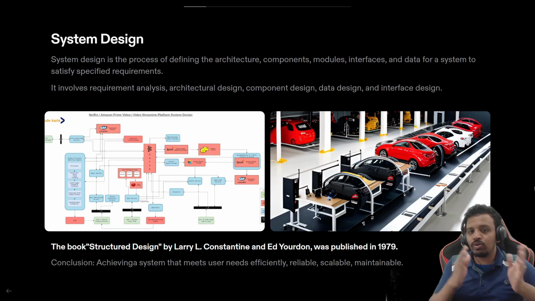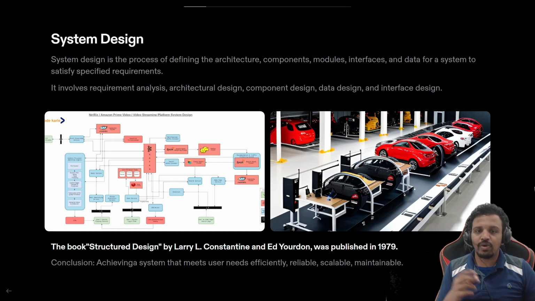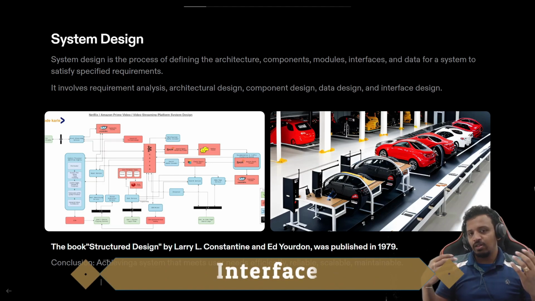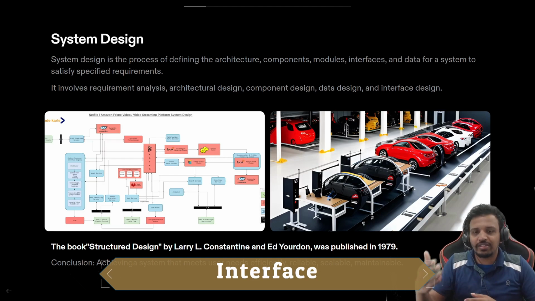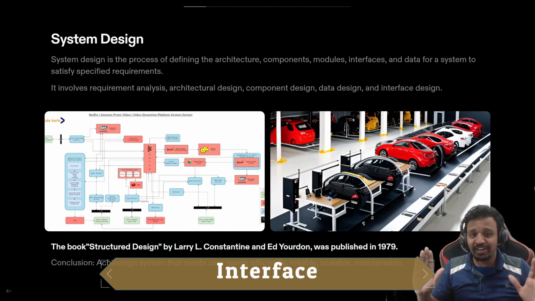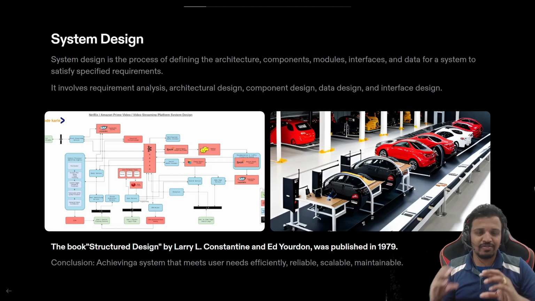Now if you don't know what is high level and low level, in layman's terms, I'll say high level means ऊपर का, the surface. Low level means in detail, in specific. Now what is an interface? Interface again, I will not say it's a front end or something. It's a completely different context. We are in the context of system design.